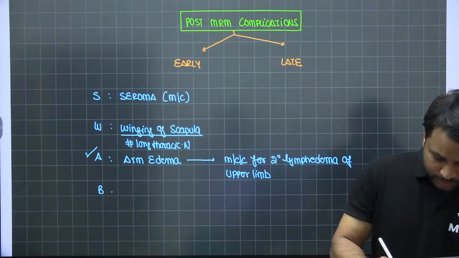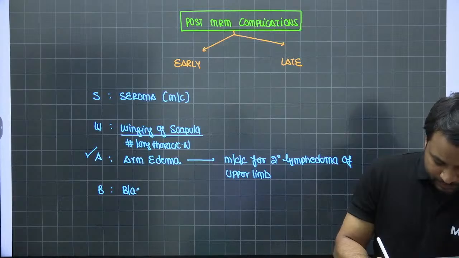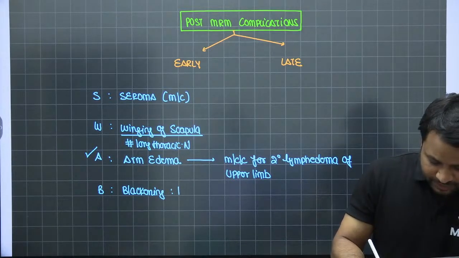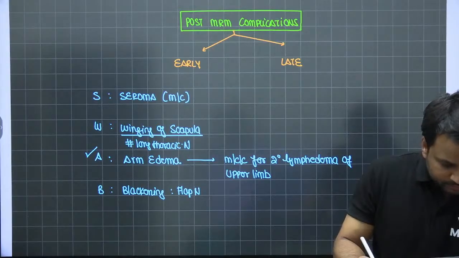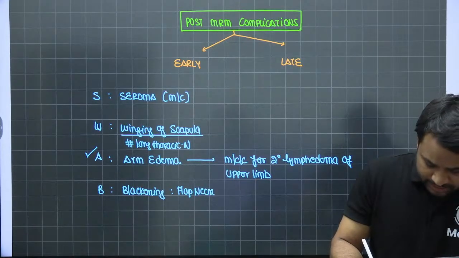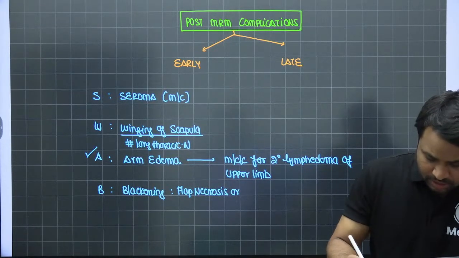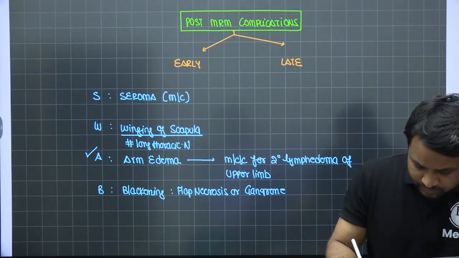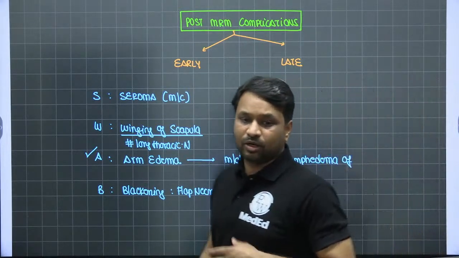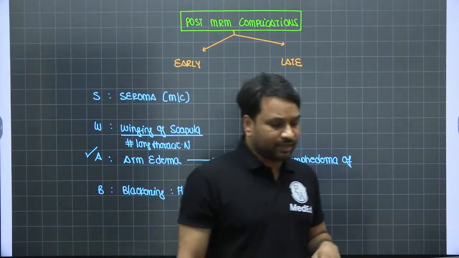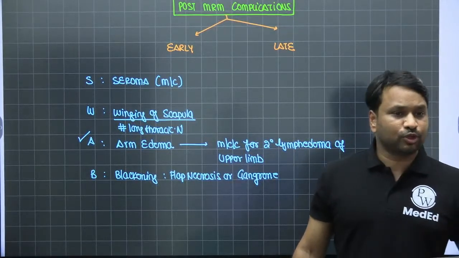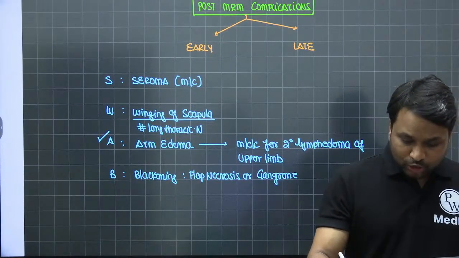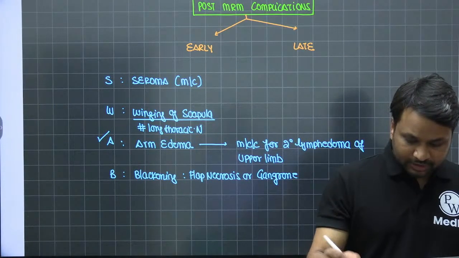The last one is B. B stands for blackening. Blackening indicates flap necrosis or flap gangrene, right? So this is your early post-operative complication. Seroma is nothing but an inflammatory fluid collection. Late complication, on the other hand, in the late complication, you have something called as